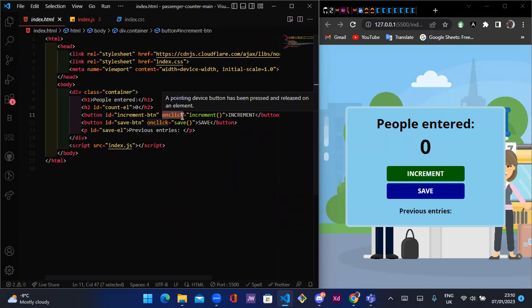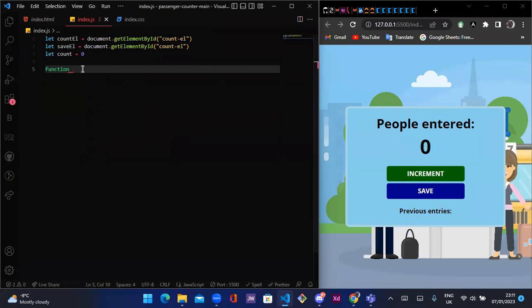That is why the work of it is called an event listener. So this onclick was given the name increment. We've seen the name increment, so we copy it, then come back to our